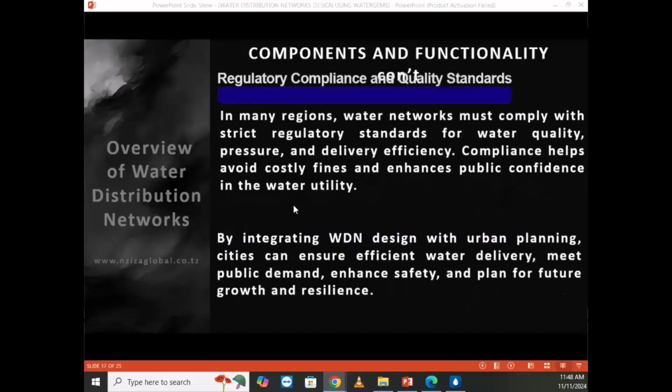Regulatory compliance and quality standard. When I say regulatory compliance and quality standard, this means that you have your standard that you are using in design. If you are saying the velocity, for example, the model,